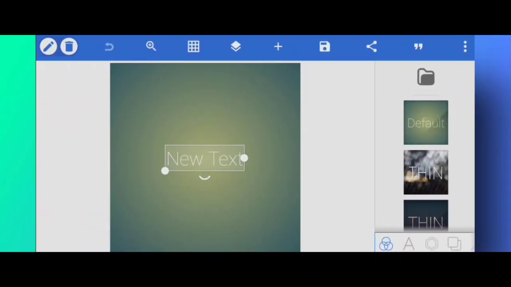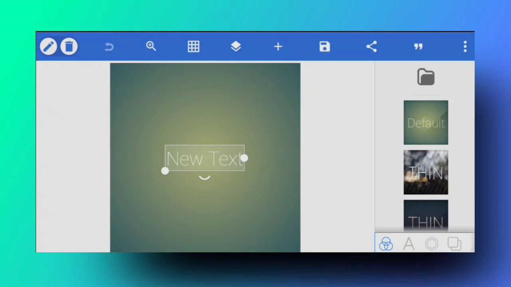Okay, so right now we have a very simple, basic version of the Pixel Lab in front of you. This is just the free version, no mods, nothing. This is the best and basic Pixel Lab that you can get on the Play Store, and there will be a link in the description if you want this version of the Pixel Lab, which is the latest one as per the updates.